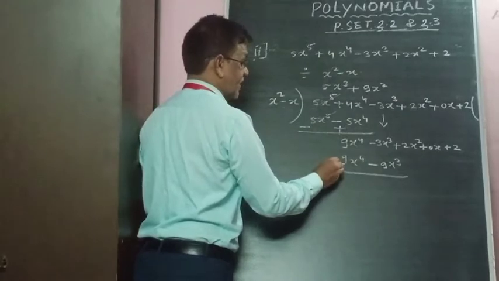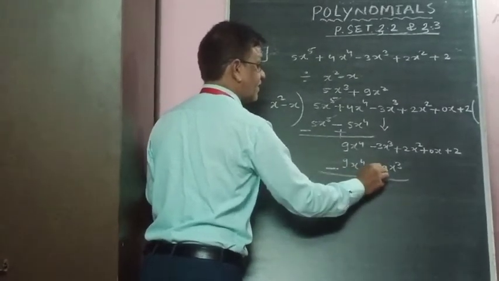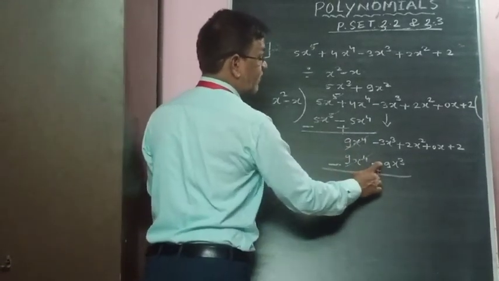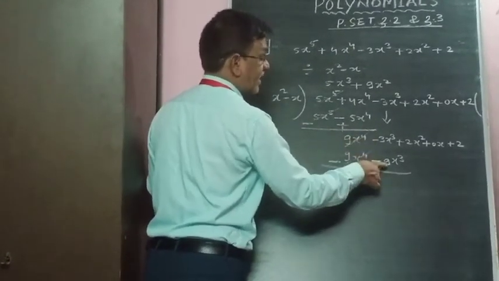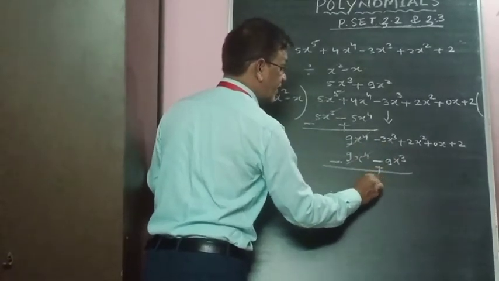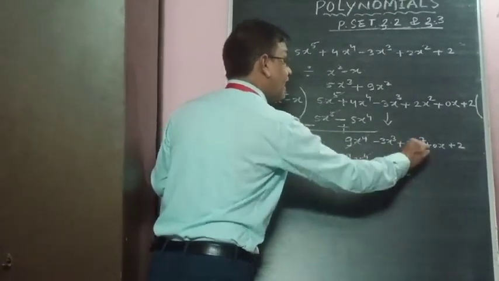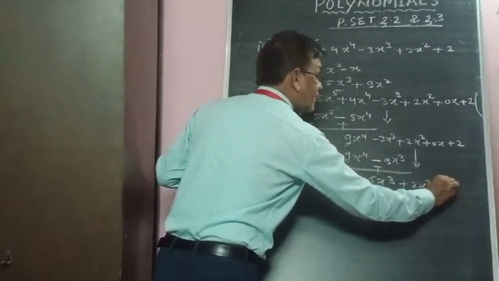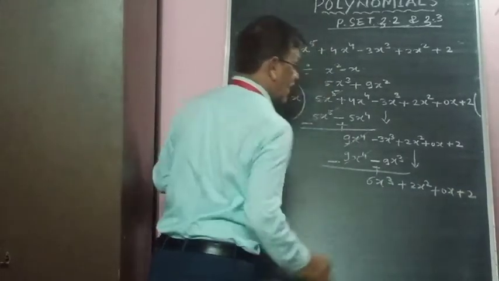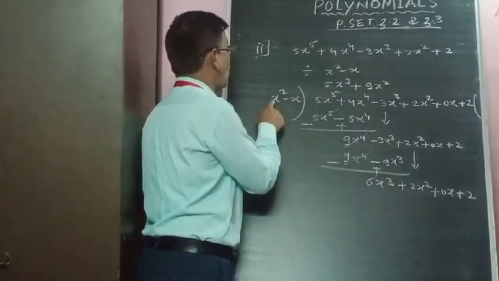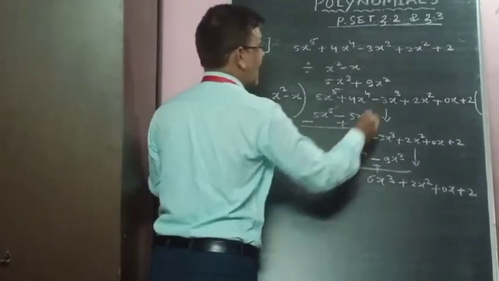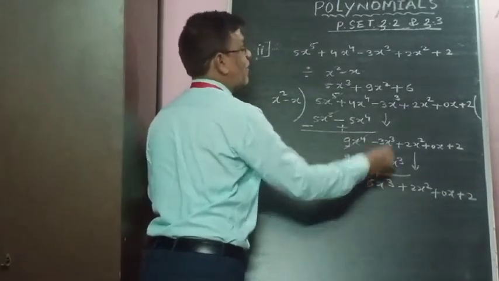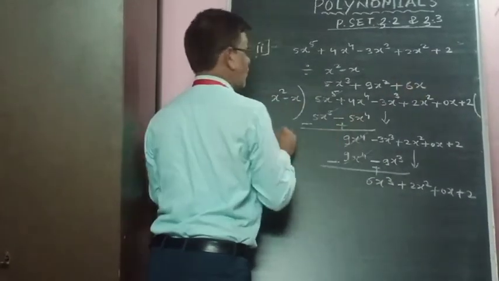Again you have to subtract, so change the signs, minus and plus. These two cancel, one is plus, one is minus. Here this is plus and this is minus, so you subtract: 9x^3 minus 3x^3 is 6x^3. Again take the same terms below: 2x^2 plus 0x plus 2. Now you want 6x^3, but you have only x^2, so you add plus 6 here. Here x^2 is there, you want x^3, so you have to multiply by x. So 6x^3